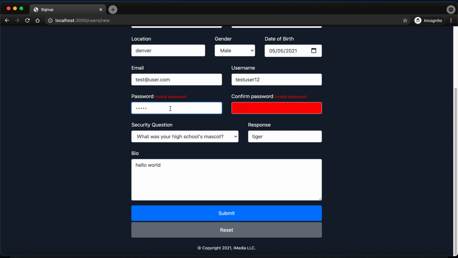If I do test with a capital T12 and a dash at the end, now both passwords match, but of course it's an invalid password because there is an invalid character at the end, which is a dash. So if we delete the dash,